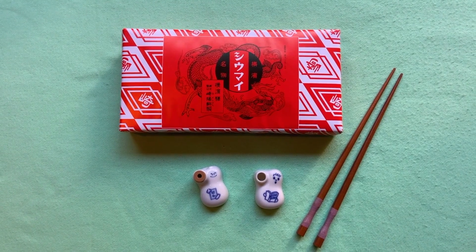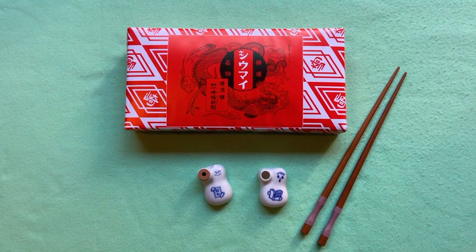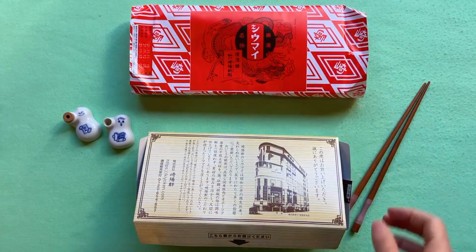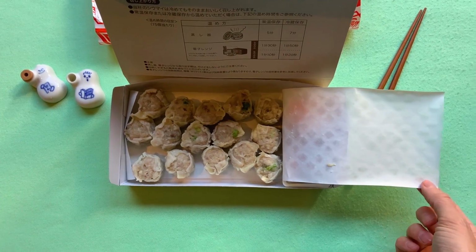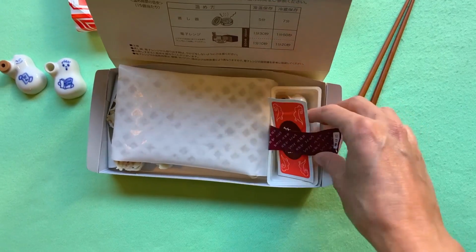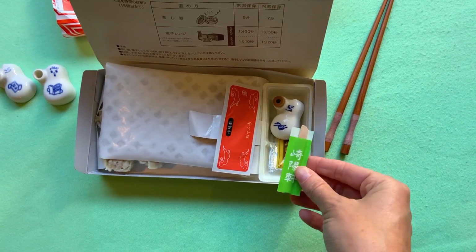You go on a long train ride, you pick up your bento, maybe some sake, and enjoy a meal while riding the train. As you open up the bento, of course, it's got the outside packaging, inside packaging, and then you have shumai here. And then off to the side, a little packet, and a little pick for if you don't have chopsticks, to help eat